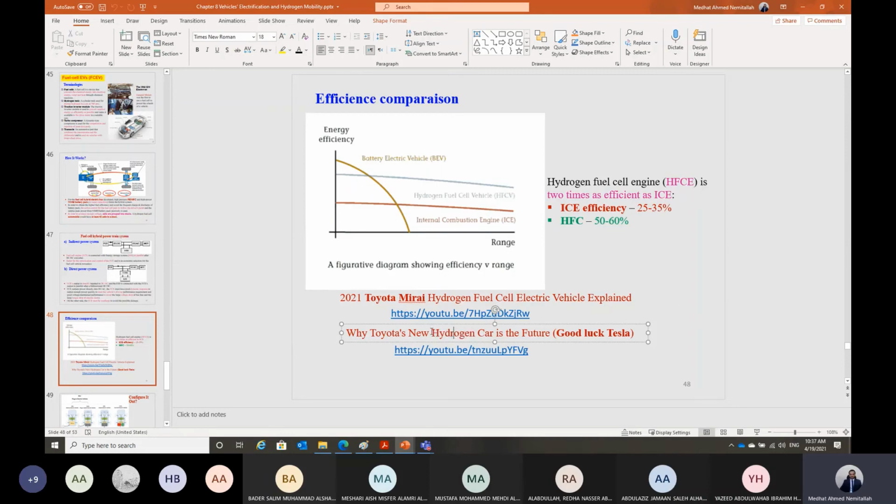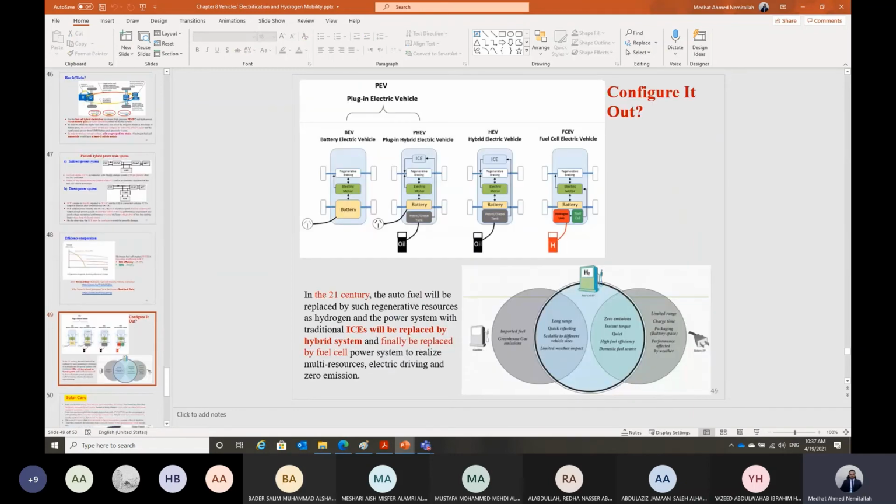But once it comes to a stage where we have good infrastructure for hydrogen, both of them will just disappear, and the market will be dominated by the hydrogen fuel cell. Here is the comparison, Shabab, between the battery electric vehicle,